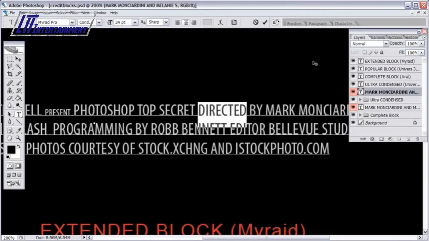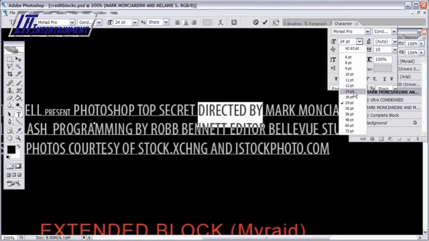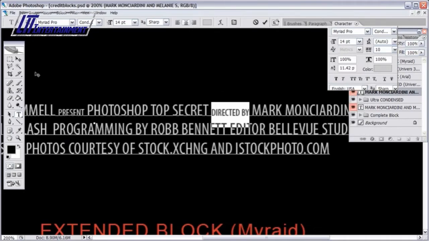So that's how it's done. I can just come in here, select this word, we'll select the entire directed by, and I'll come up here to 14. A really easy way to do this is to start with a preset point size or a standardized point size in the character palette. Then for these words like present, directed by, editor, all those other words, take it down 2 points. So you can just go down 1, 2. In this case, I'm going down to 14 point, and it's just a good practice to do that,